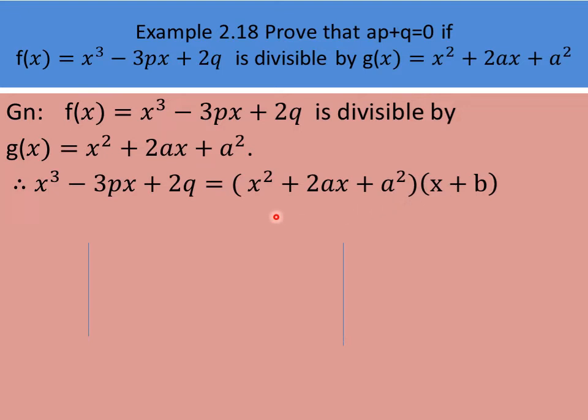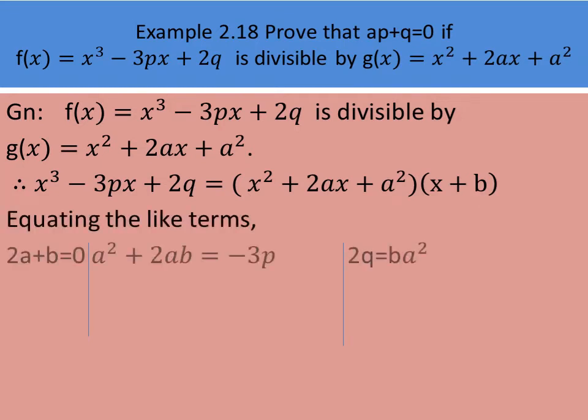And how we can find that factor is, you divide this highest degree term by this highest degree term. So x cube divided by x square is x. Write that x term. Then only the constant term we will get, isn't it? So simply you put plus b. This b we will find out. So now we can equate the like terms on both sides. So first we are equating the x square term. Here when we equate the x square term, what we'll get in the left hand side, no x square term is there. So we will get 0.